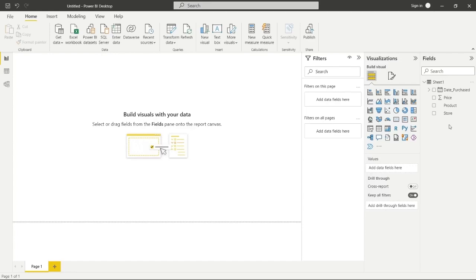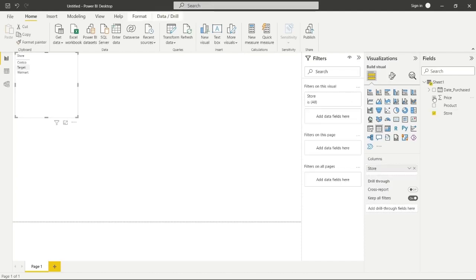Now, two of the things that we wanted to look at were, where are we spending the least amount of money buying the exact same product? That'll help us determine where we want to shop. And the second thing was, should I be buying all my products at the same place? Or are there certain products that are going to be cheaper at a specific store and I should buy them there? So let's start out with the first one, which we're just going to see with the store and the price,